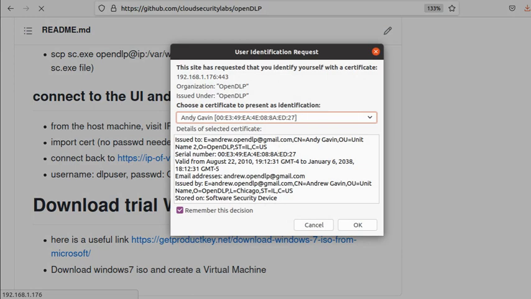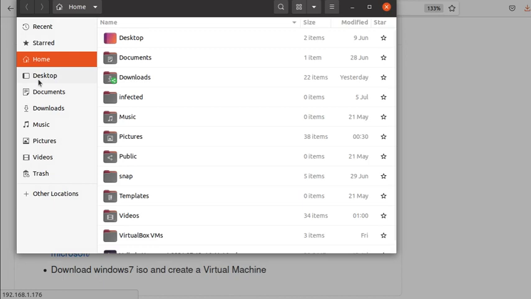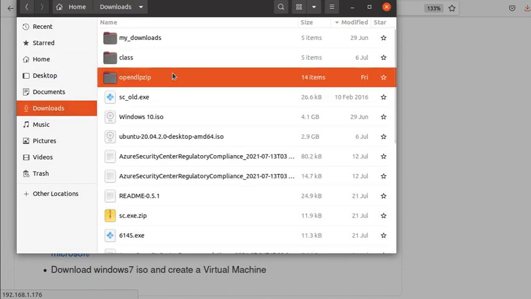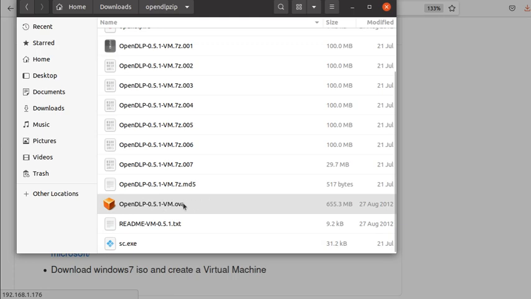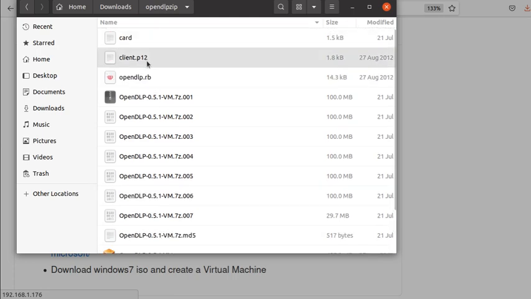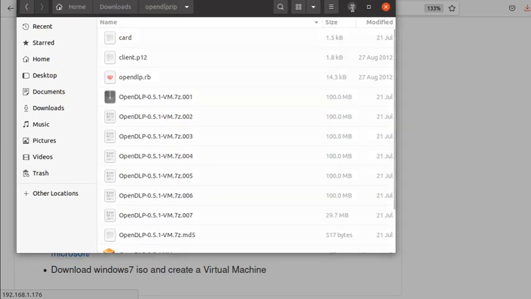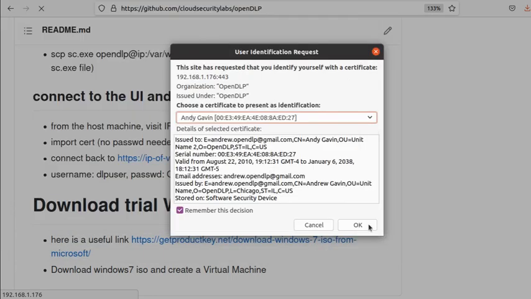And where do you get the certificate file? You can go to your downloads folder, OpenDLP. When you extracted your OVA file, you got the client p.12 certificate. So that is what you need to import. And here if I say okay,